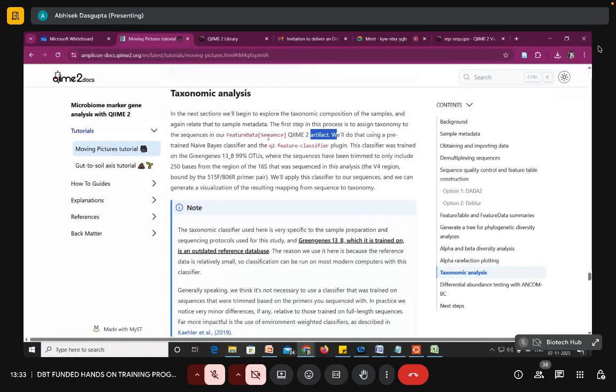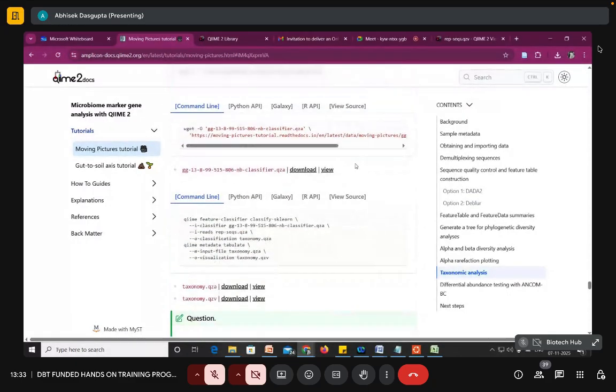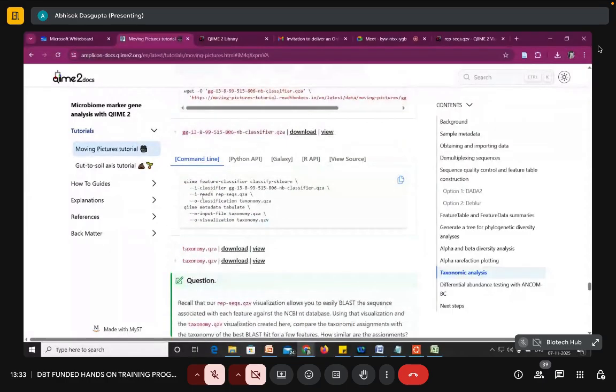For that what will we use? We will use a naive-Bayes classifier and this is the plugin. Plugin means something that is used externally. Okay, so these are the plugins. So what we will do is I will just copy this code and